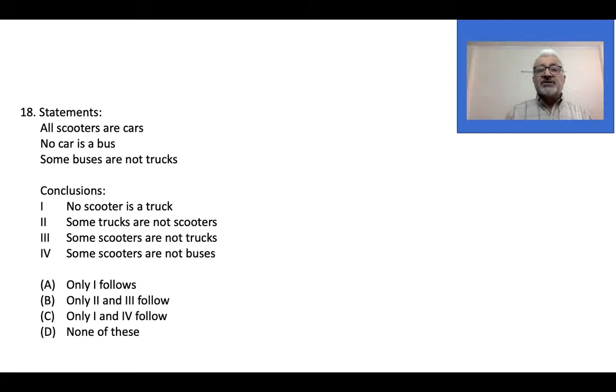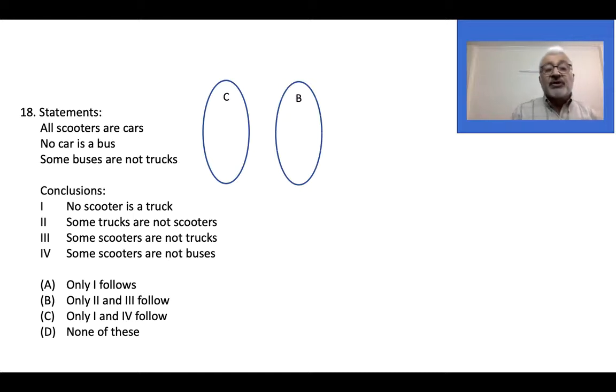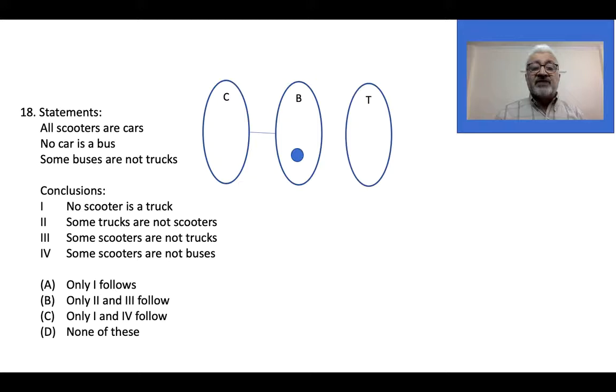This is the last question that I'll be doing with you because we are running out of time. So here we've got two negative statements. We'll take them first and then come back to the affirmative statement. It says no car is a bus. So there is no relation between a car and a bus, and therefore a bar. And it says some buses are not trucks. So keep the trucks away from the buses, but at least one part. All right, so that's what I've chosen. I've chosen one part of buses and kept it away from trucks.